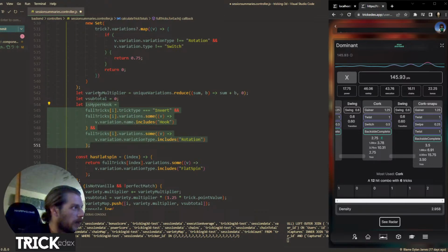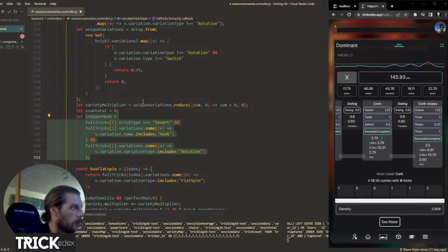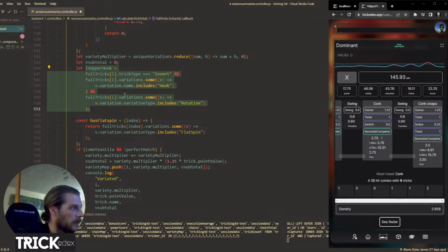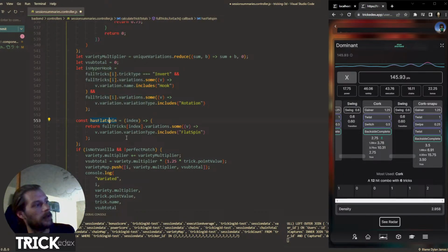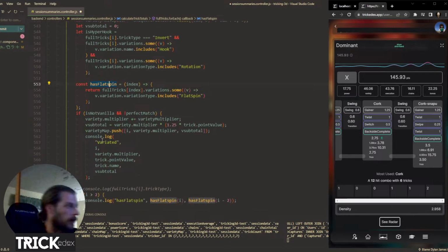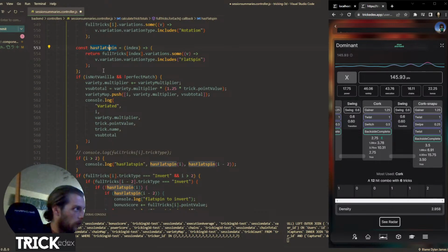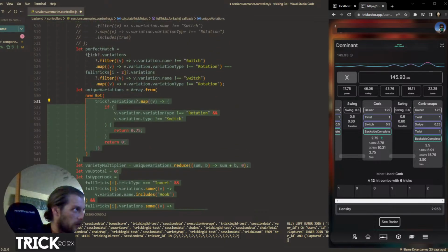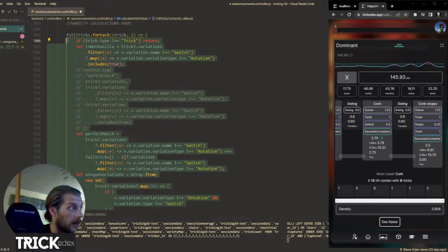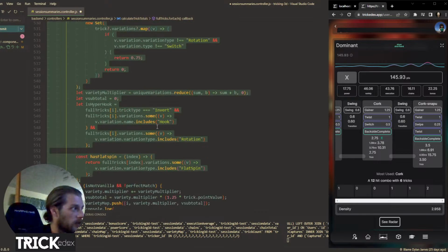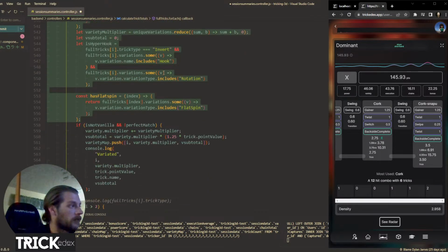We have another check. This probably should be further up above, but it's fine. For is hyperhook, and then we also have an if it has flat spin check. So those are all of the checks and the setup that we're going to be using for this variety